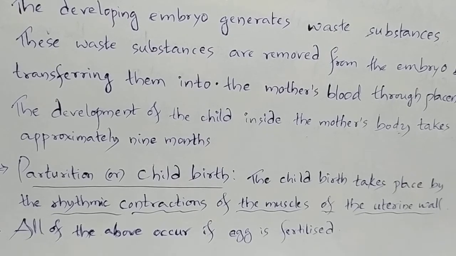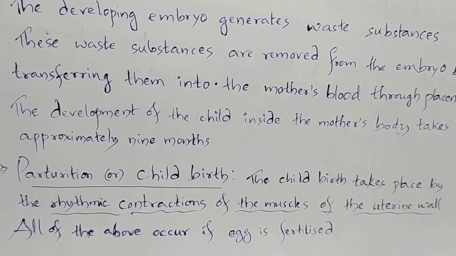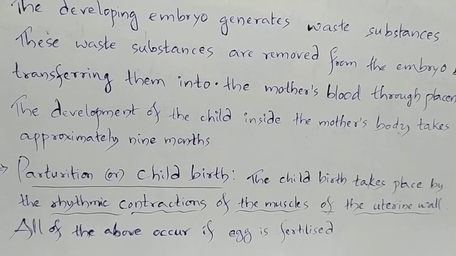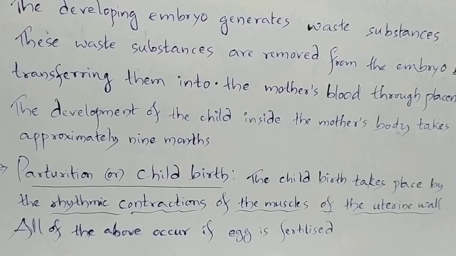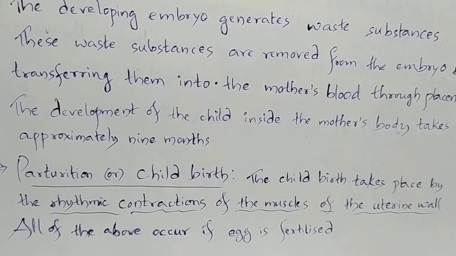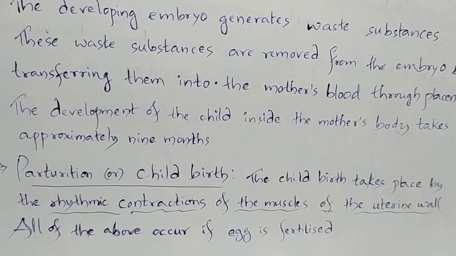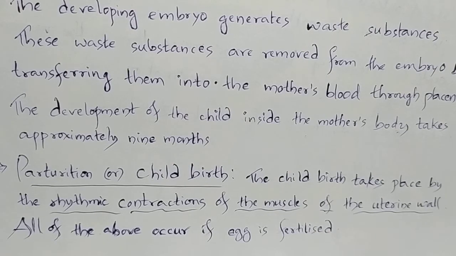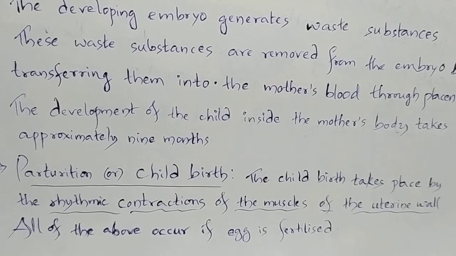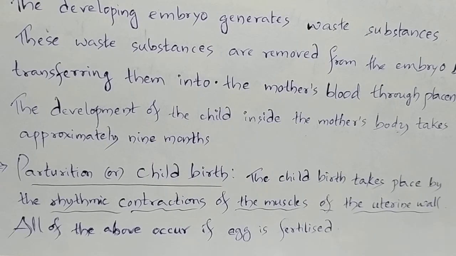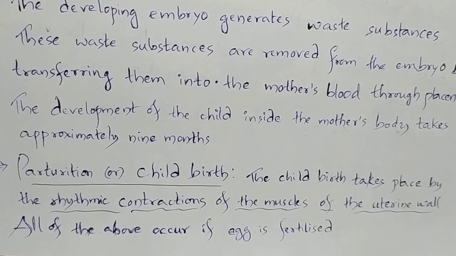So there is a special hormone called oxytocin, which is produced in the pituitary gland. Upon complete development of the fetus, the pituitary gland is given a stimulus that it has to produce oxytocin. The oxytocin produced by the pituitary gland will move to the uterus through the bloodstream. And this oxytocin causes the uterine contractions to take place, or oxytocin stimulates the muscular